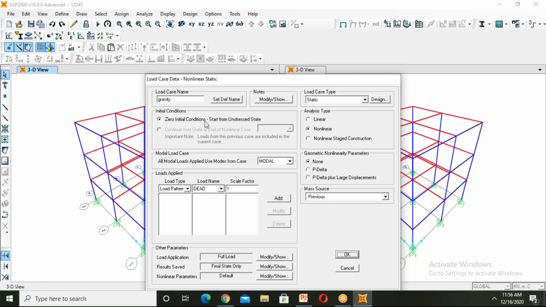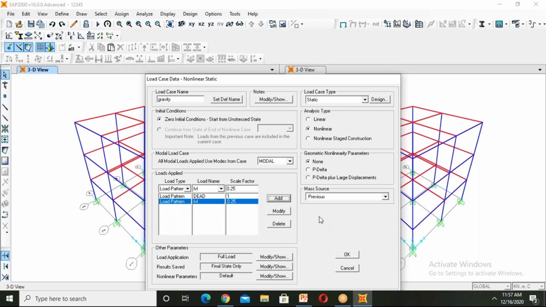Here it should be zero initial conditions, meaning that after our design part, it will start the gravity load as a push. Next, the load type should be load pattern, and the load should be dead load. Scale factor is 1. Add. Then the load pattern is live load, so dead load plus 0.25 live load.